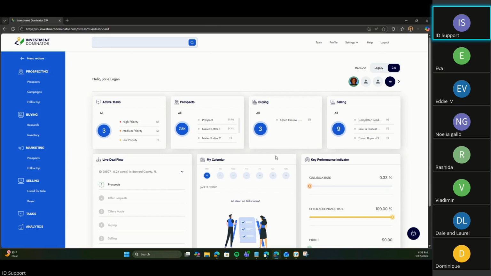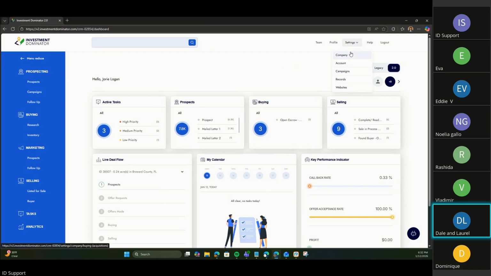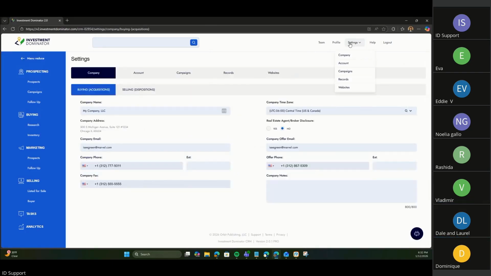It does open up the page, but under settings I can't get our data, addresses, emails, and websites to get generated in it. If you click company like this, you can't see any of your information in here. I can't get the websites to get plugged in and so forth.